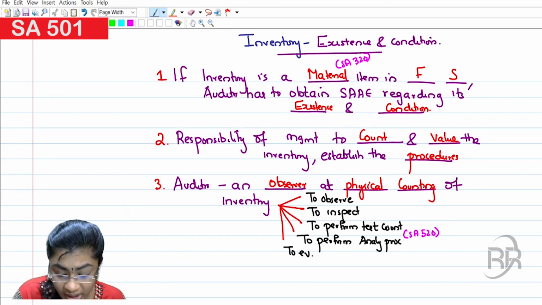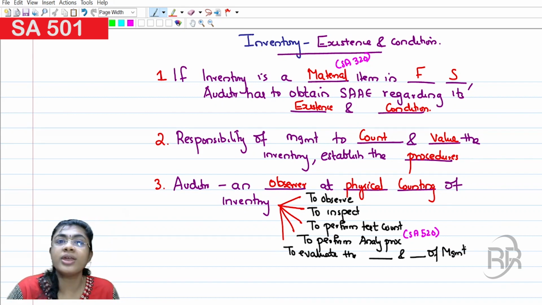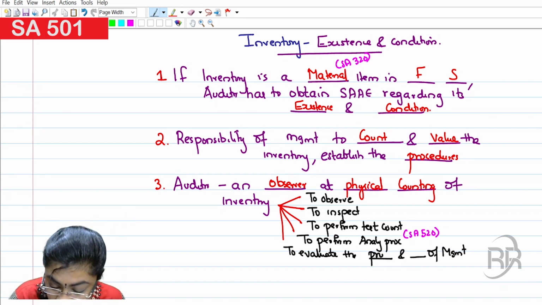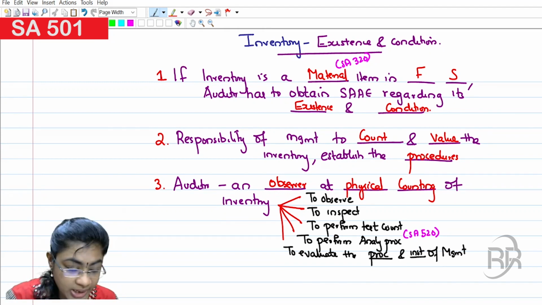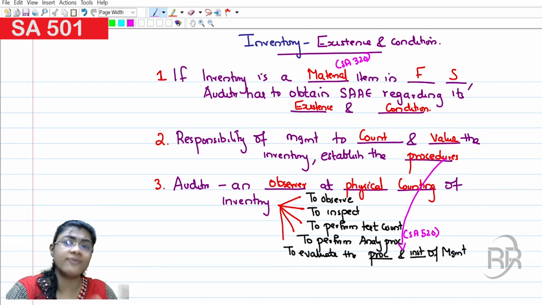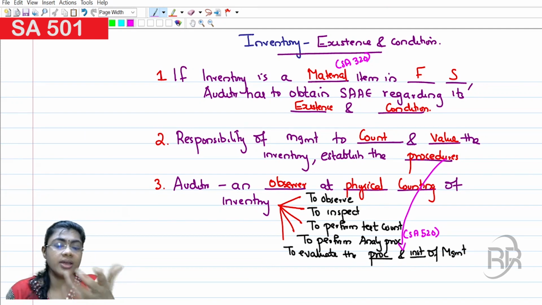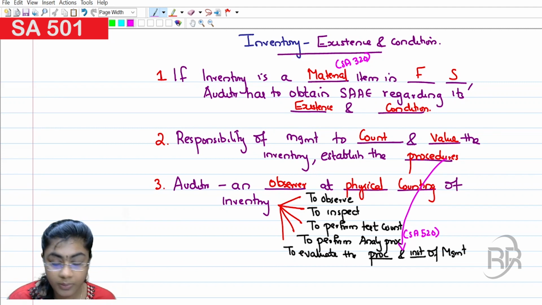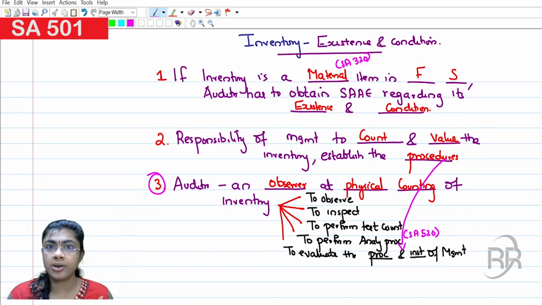Finally, to evaluate the procedures and instructions of management. Here we said management will establish the procedures, which we will evaluate. Management will establish the procedures, the auditor will evaluate the same. Clear? So in this particular point, we said that as an auditor, we should be an observer at the physical